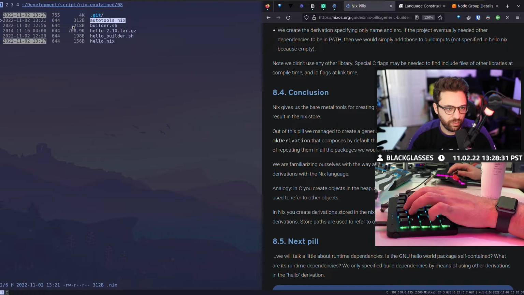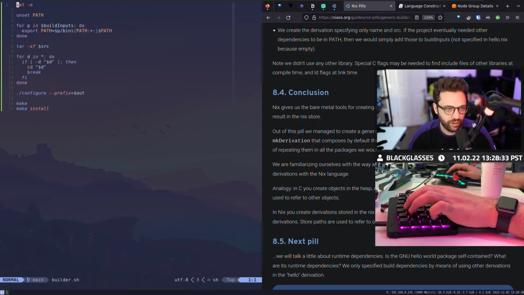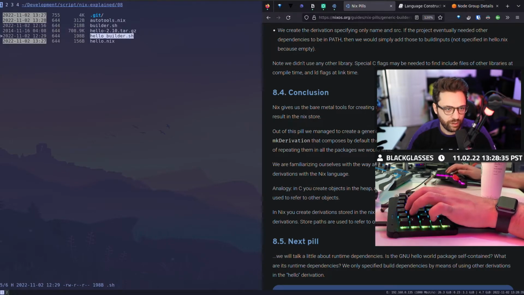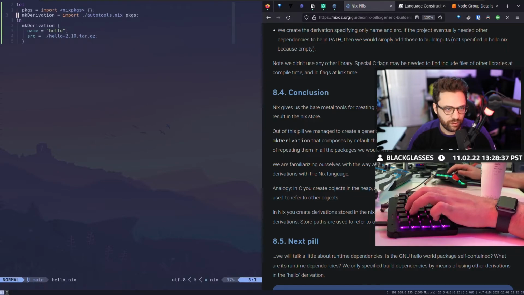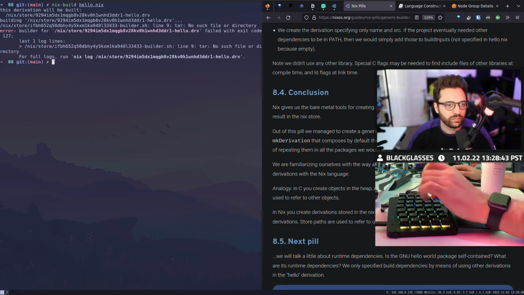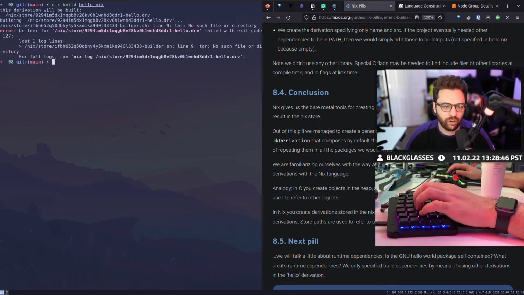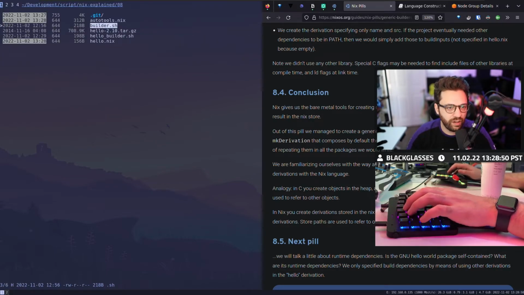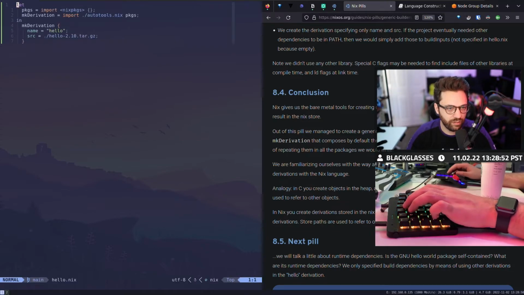Did I spell something wrong? builder.sh. So hello-nix makes derivation. Autotools and nix. Hello. That looks good. Why are we, line 9, tar, no such file or directory? Wait, is it actually saying that tar is not there? Oh, I think it might be saying that tar itself is not there.